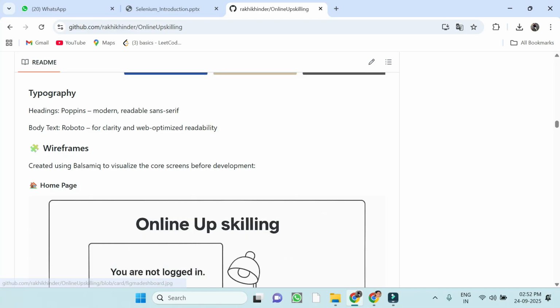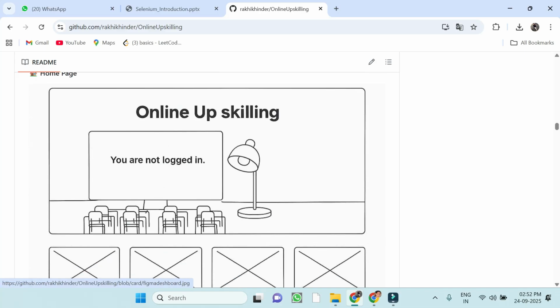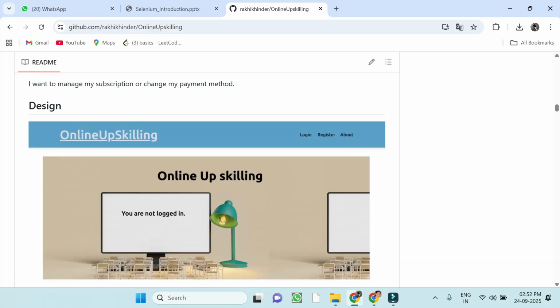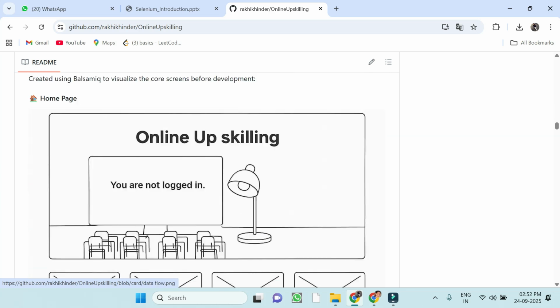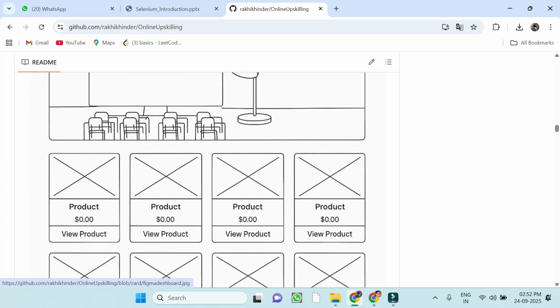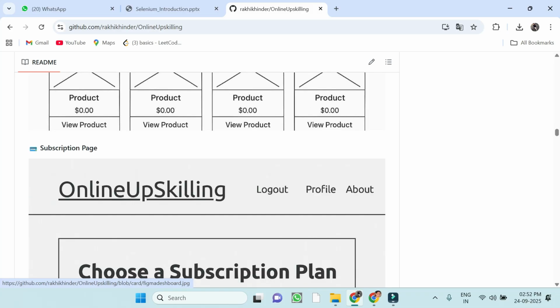See, this is the framework. Framework means this is the raw diagram. First I design this one, after that I design this thing, and I color them. This is the UI/UX designer's work. First they give this design, and after that they color the design. First they design the raw diagram, the raw design.